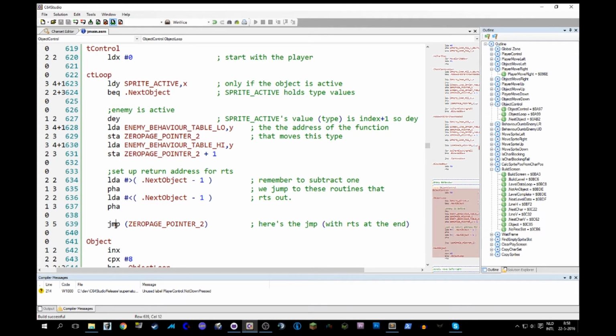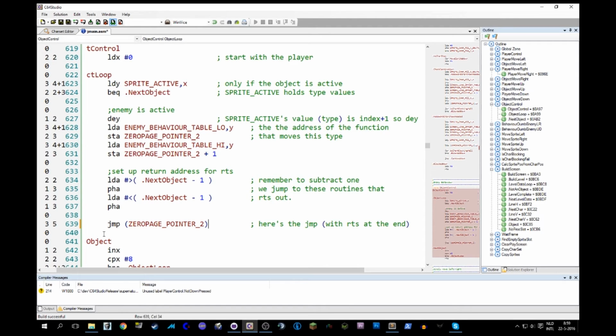But we have a problem because we do a jump. What we would like to do is do a JSR here. So we'd like to call a subroutine here. The only problem is that in the 6510 jump subroutine doesn't have an indirect addressing mode. It only has absolute. So jump does have an indirect addressing mode, which we use here. But the problem is that at the end of these subroutines that we're calling is a return from subroutine, an RTS. And what RTS does is it takes the